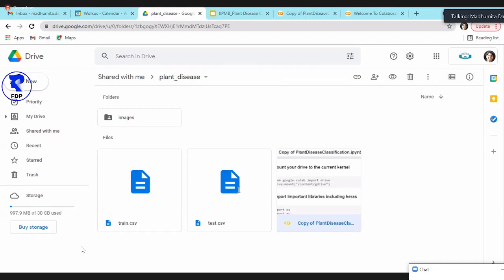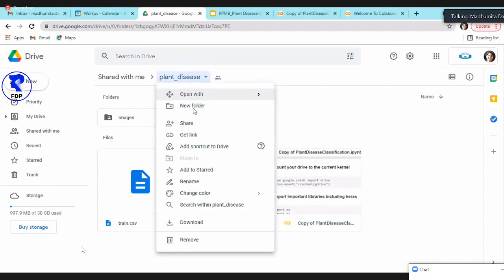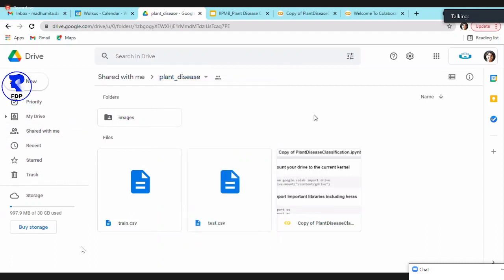Please click on that link that has all the data that you would need for this session. Once you go there, in your drive, it will be shared with me. You right click on that folder and add a shortcut to your drive so that it will move from "shared with me" to your own drive. And there you will have a